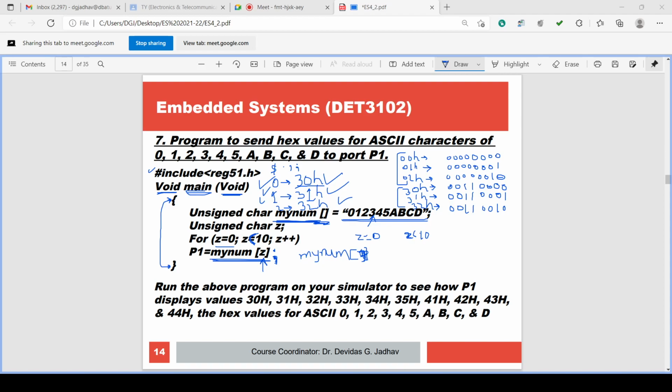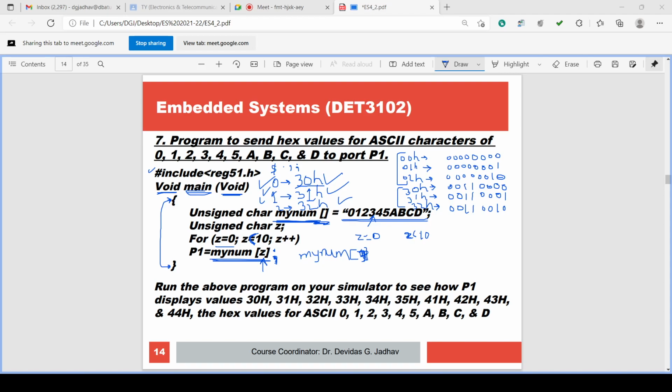You can take any ASCII characters instead of 0, 1, 2, 3, 4, 5, A, B, C, D. You can take any other special characters also: exclamation mark, at the rate, hash, dollar, percent sign, hat, ampersand, asterisk, closing and opening round brackets, curly brackets, square brackets, semicolon, full stop, less than, greater than, question mark, colon.